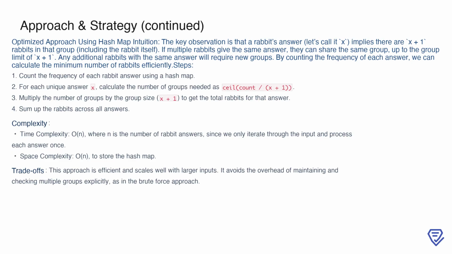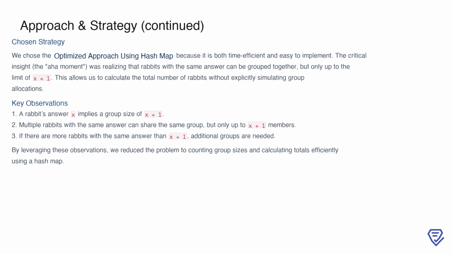This approach is both time and space efficient, with a time complexity of O(n), since we process each answer only once, and a space complexity of O(n) for the hash map. Compared to the brute force method, this solution eliminates unnecessary overhead and scales well with larger inputs, making it a practical choice. For this problem, we selected the optimized approach using a hash map due to its balance of efficiency